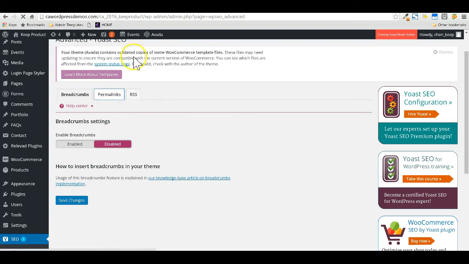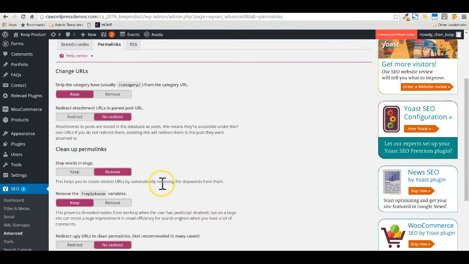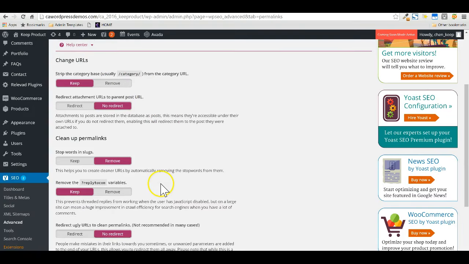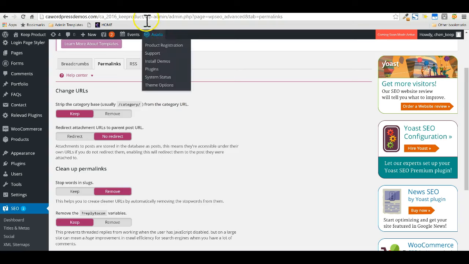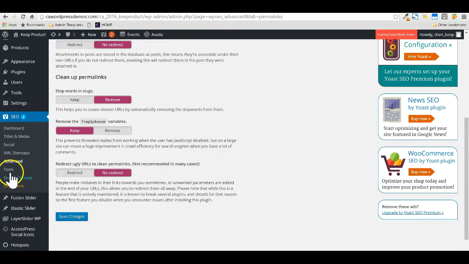Permalinks really play a very, very important role. So just make sure that you enable this particular option, because your URL structure plays a really important role for the search engine. As I said in the first video, where you will see I'm changing the slug and also the URL structure. So this is very important, so keep that in mind.